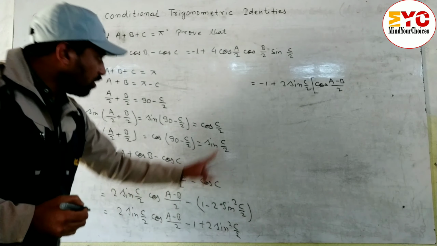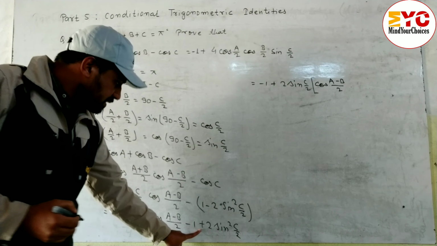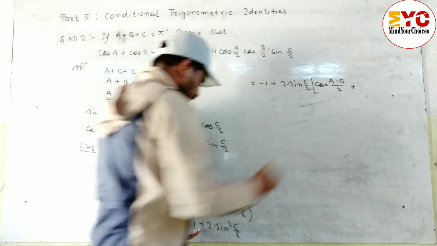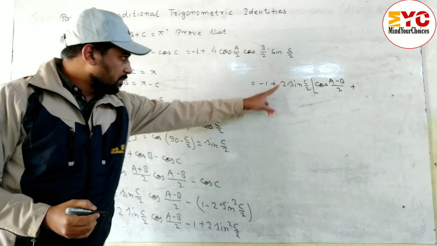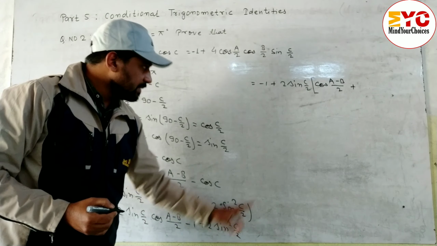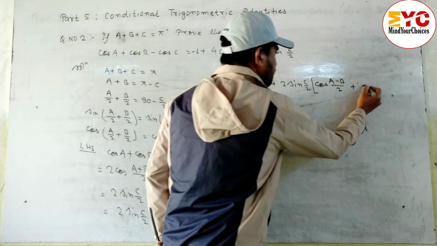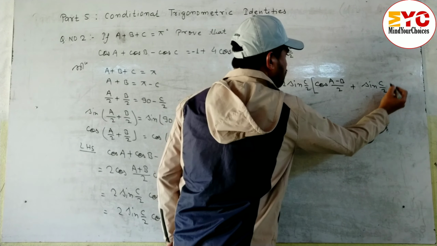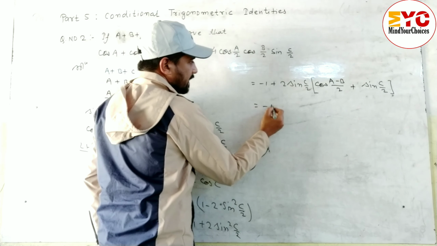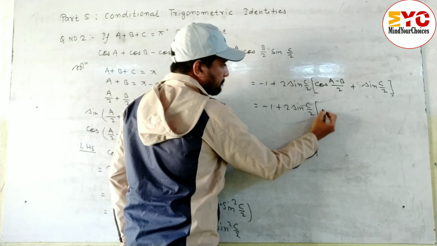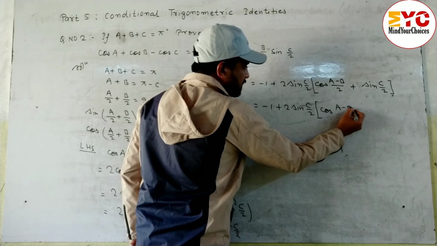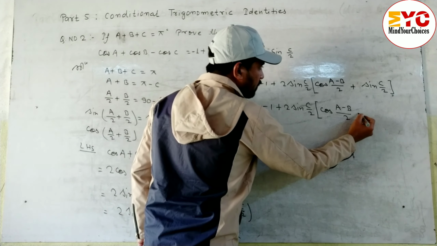Similarly minus 1 is already written, so plus 2 sin squared C by 2, from here 2 and sin C by 2 common, so remaining is sin C by 2. So minus 1 plus 2 sin C by 2 into cos (A minus B) by 2 plus